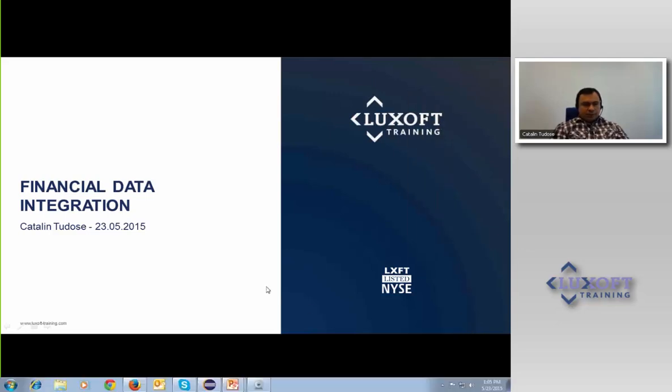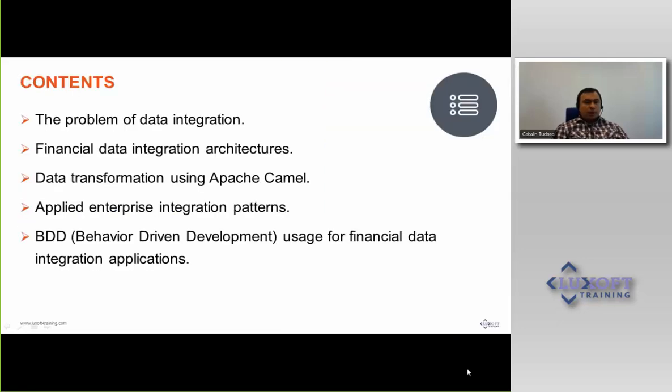So the topic of the presentation is financial data integration, which is an important problem in today's software. Here you can see the contents of the presentation. We have addressed 5 big chapters: the problem of data integration, the architectures of financial data integration, the data transformation